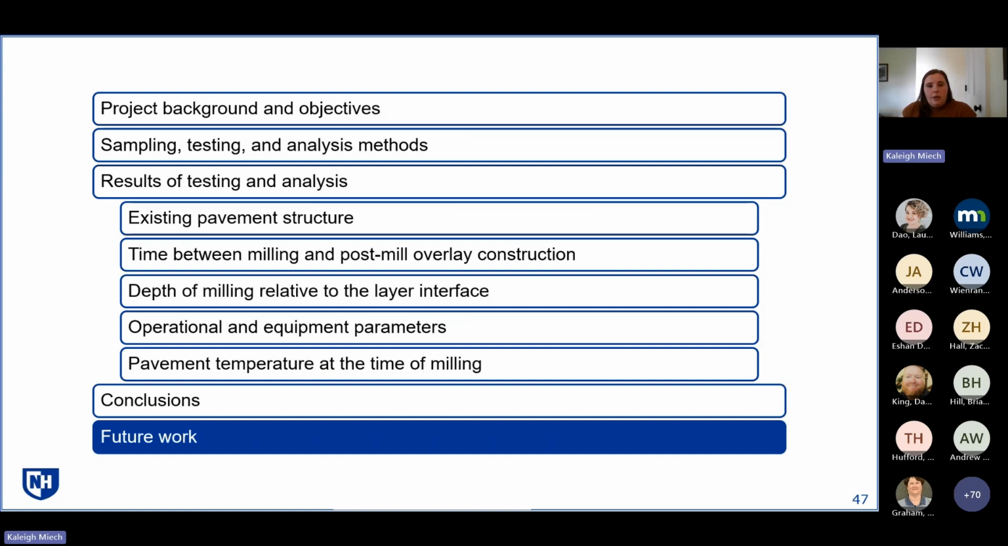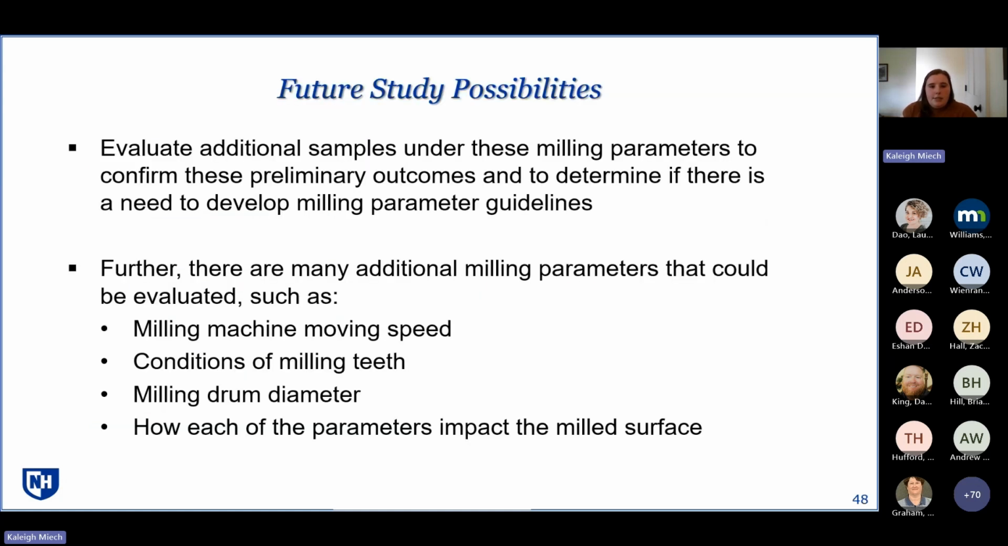Moving on to future work. This project has many future study possibilities to continue on with the research. One is to evaluate additional samples under the same milling parameters that were evaluated in the study to confirm these preliminary outcomes and to determine if there is a need to develop milling parameter guidelines based on the parameters evaluated